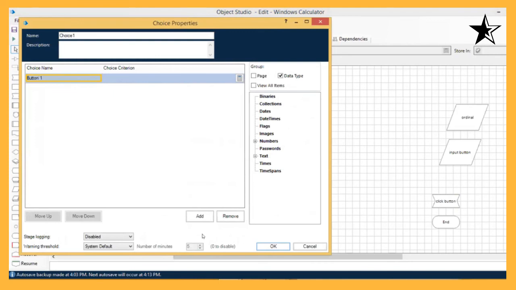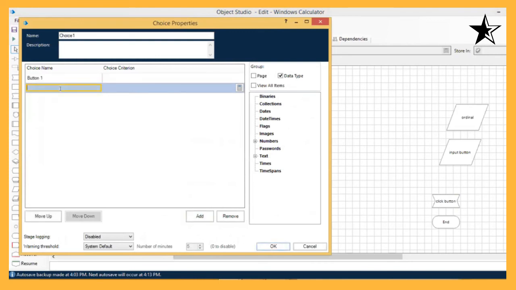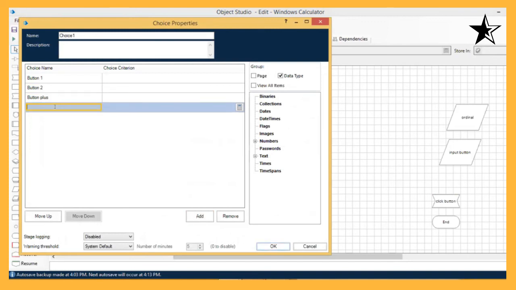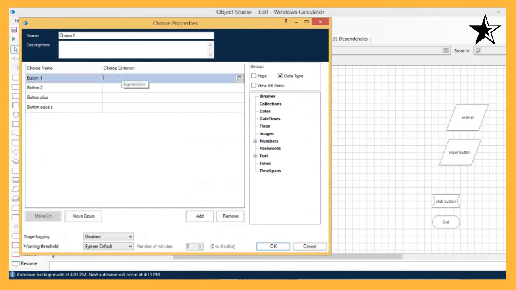Button 1, button 2, button plus, and button equals. Right, what is the choice criteria? The choice criteria should be, or rather, I should take this input button should be equal to a value equal to 1.